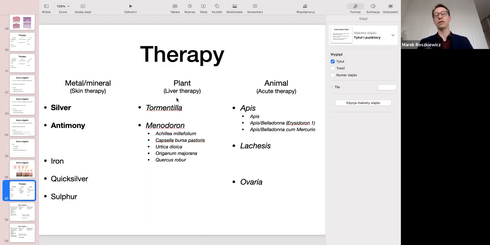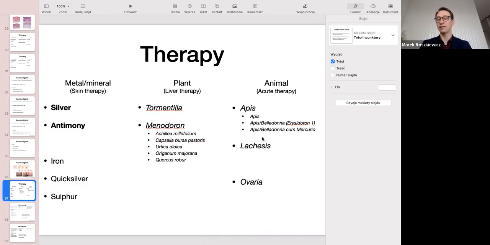And I haven't pointed out here in different remedies, extremely important is liver therapy, because the liver is also this organ that helps to connect and to find balance between the higher and lower members. Basically, you can use Hepatodoron or different preparations, also like Gentiana or Chelidonium, to strengthen this balancing activity of the liver. And animal therapy, we would use basically only these two in the inflammatory state.